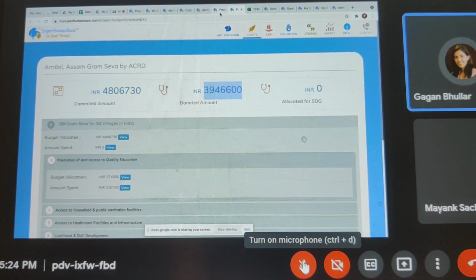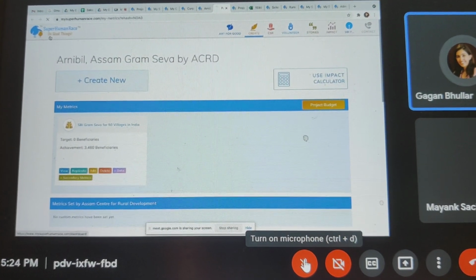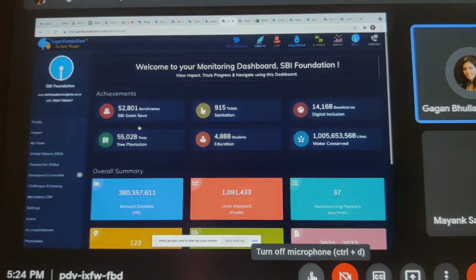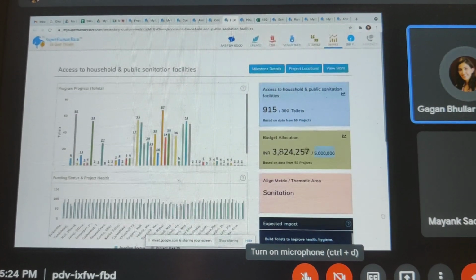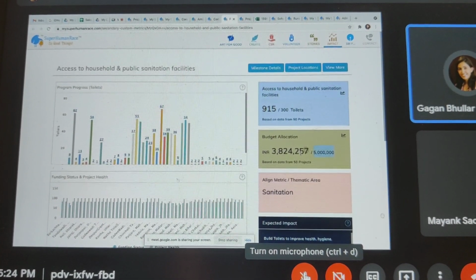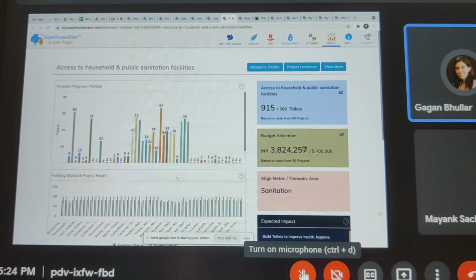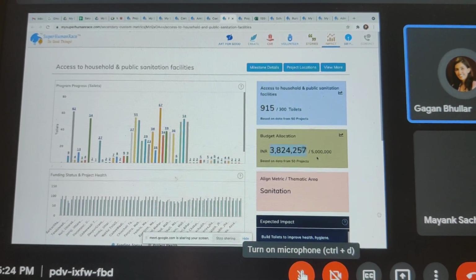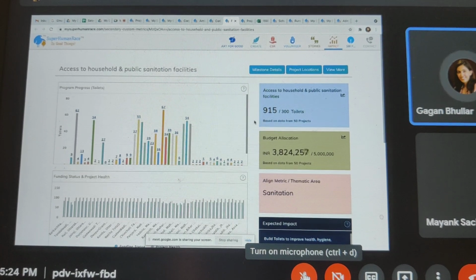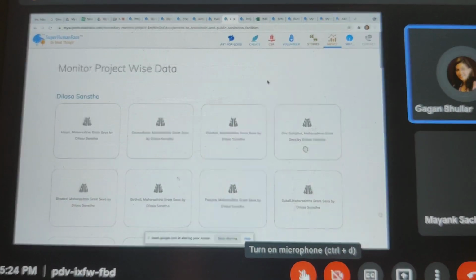So all of that is tracked at the level of the project and even at the level of the milestone in certain cases. So all of these storyboard pages, the data that we were seeing, where we were seeing that this is what was allocated and this is what has been utilized by the partner. So this was basically for this particular milestone, this is the fund that was dedicated and this is what has been utilized by the partners in reality. So this I can actually drill down.